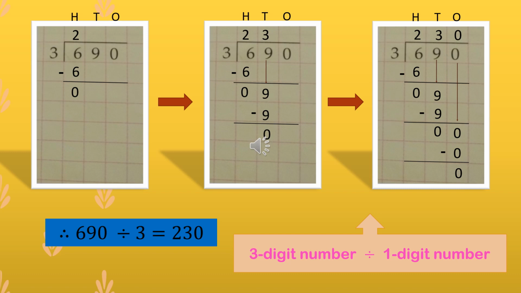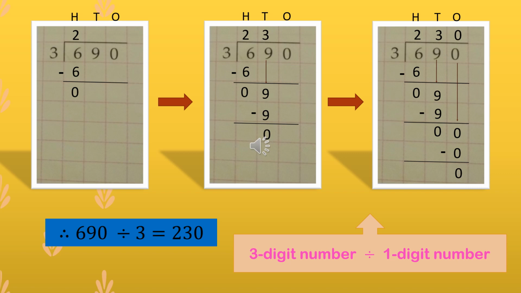Now let's move to the second step. Now in this step we will bring down the number which is at the tens place. Here it is 9. So now we will bring 9 down. Now 9 divided by 3. So 3 3s are 9. So 3 we will write at the quotient place and 9 we will write just below the number 9 which we have taken down. Now subtract 9 minus 9 equals 0.